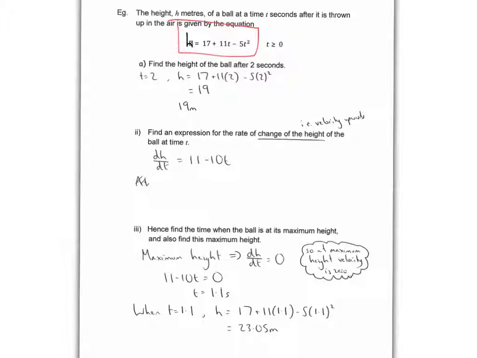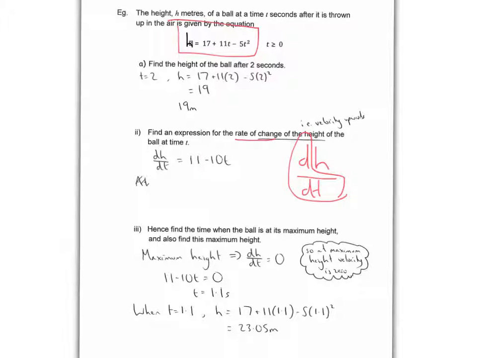Now, rate of change of the height. This is asking you about height. It's asking you to say something about h, and it's saying the rate of change. So we're asking for dh/dt. You're being asked, how is h changing with respect to time? Based on our conversation earlier, we know that the rate at which your height changes is actually your velocity. So when I calculate dh/dt, which involves bringing down powers and decreasing the power by 1, I get